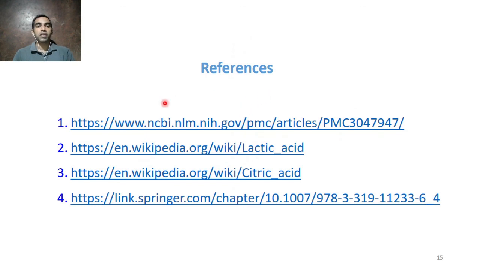These are some of the references which I referred to here for the synthetic part, structure part, and also for the application part. Please go through this, and then go through some of the important books like Morrison and Boyd and Finar, and some bioorganic chemistry books. And you can also go through some NPTEL classes, and there are other online study materials provided by Byju's, and there are beautiful videos on YouTube.